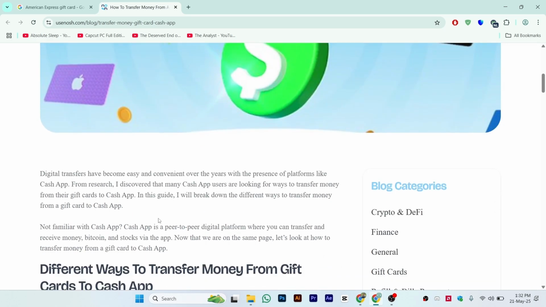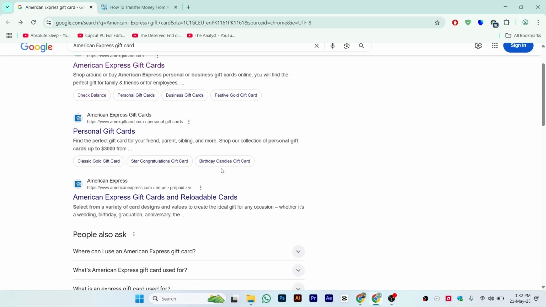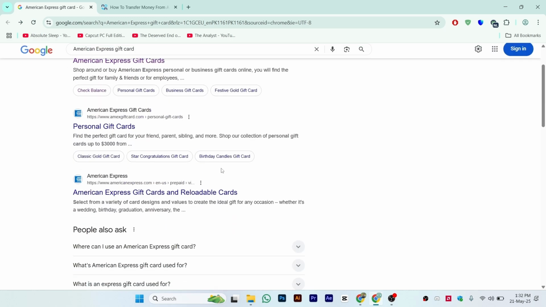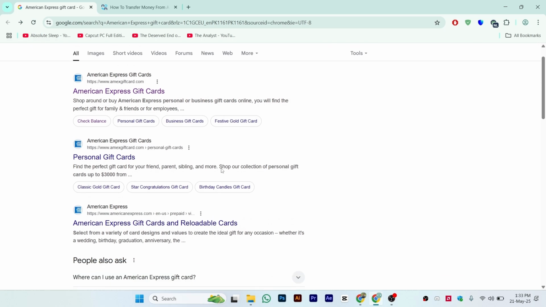But if we talk about the American Express gift card, you cannot directly add an American Express gift card to a Cash app account. There is no direct way that you can do it and use it for the transaction as well. American Express gift cards are not designed for use in mobile wallets or for direct transfer of payments,